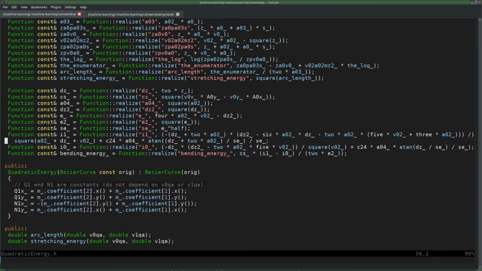Two lines? Why would that be 2 lines? Because